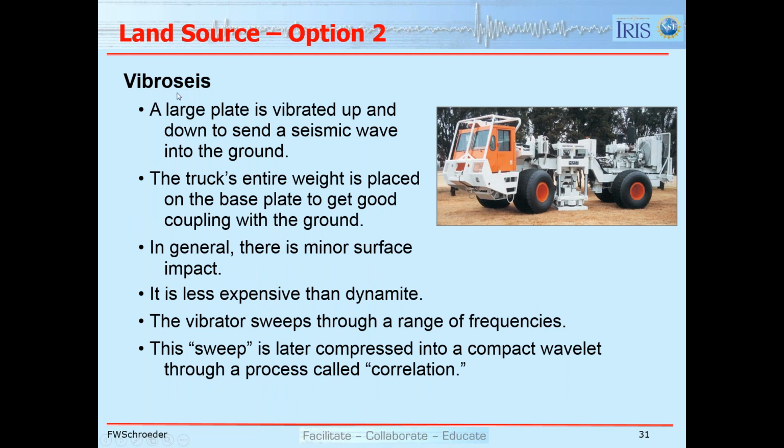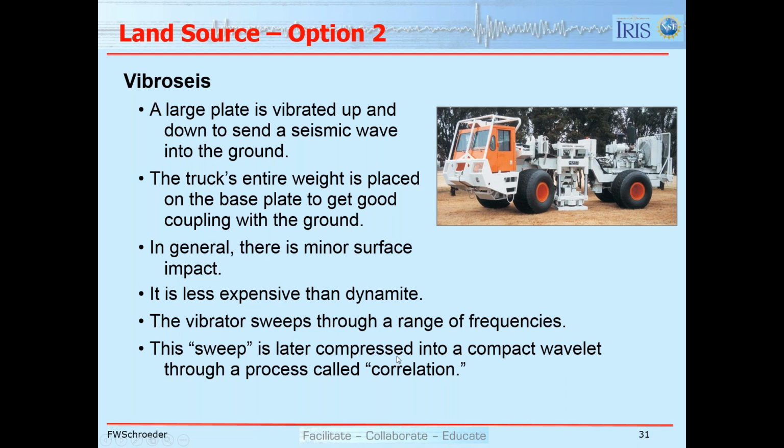The most common, I would say probably 90 to 95% of land acquisition, uses vibroseis, which is to use these vibrator trucks, which I've talked about. The plate is lowered and we generate either P waves or S waves. The impact on the surface is very minor. It's much less expensive than dynamite. The vibrators sweep through a range of frequencies, and that sweep is later compressed into a compact seismic wavelet through